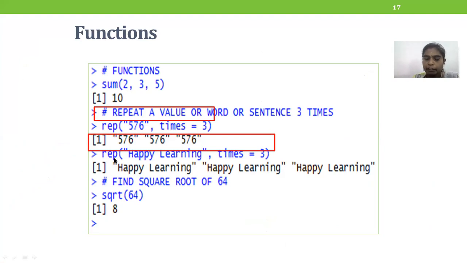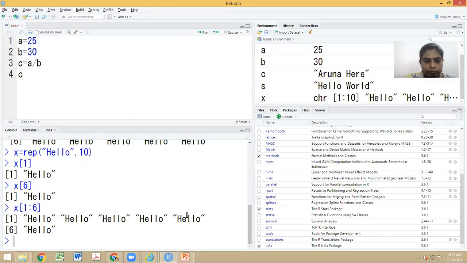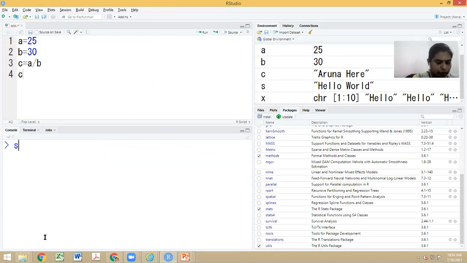So do we have a library function for numbers also? Yes, we have. We have a function called sum. Can you try this? So what is expected when I give sum of 2, 3, 5? What is your understanding? Okay, I'll try here. Sum of 10, 20, 30. Now what happens when I execute this command? The value 10 is added with 20 and 30 and the result is displayed.